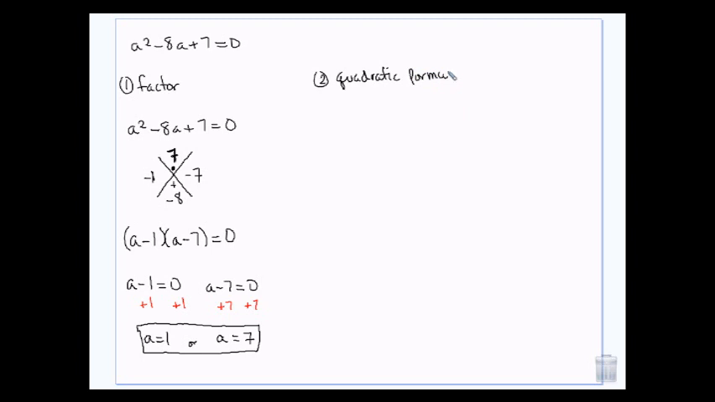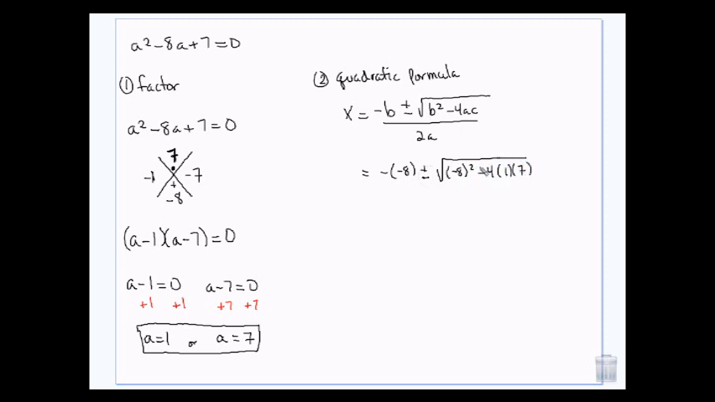Quadratic formula. Everybody, x equals negative b plus or minus the square root of b squared minus 4ac, all over 2a. Okay, so negative b. b is negative 8, so it's negative negative 8 plus or minus b squared minus 4 times a times c